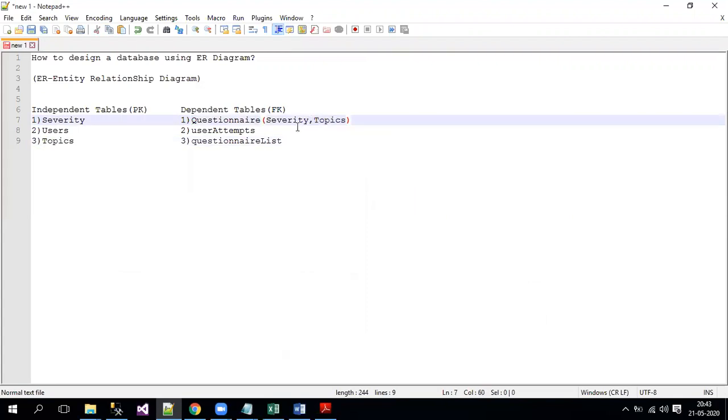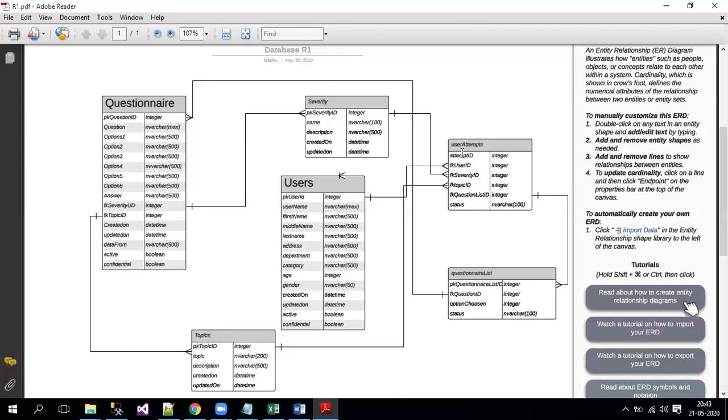Now we'll check the second table, user attempts, and how many tables it is depending on. If you see user attempts, it contains four foreign keys: FK user ID, FK severity ID, FK topic ID, and FK question list ID. So four dependent tables are there on top of it, right? Now let's see what all those tables are, one by one.